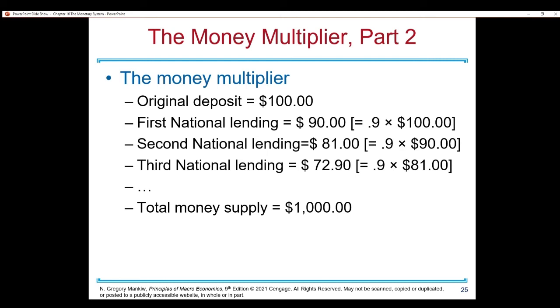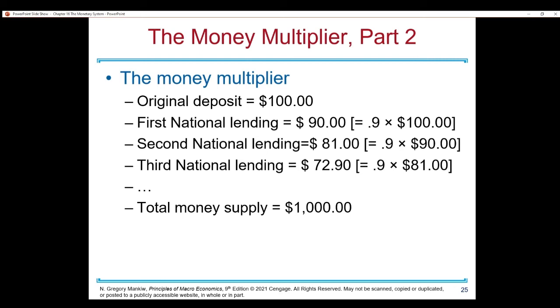Well, how do we do this in real life? How do we calculate this? We're not going to go through every bank, figure out who the original deposit is, and that'd be a nightmare to do, right? Well, it turns out there's a much easier way to calculate the money multiplier. If we take the reciprocal of our reserve ratio, we'll have our money multiplier. What was our reserve ratio in this case? If you remember, it's 10%. So 10%, if we take the reciprocal, 1 over 10, it's going to be 10 over 1, which is going to be 10. The higher the reserve ratio, the less money banks loan out and the smaller the money multiplier.